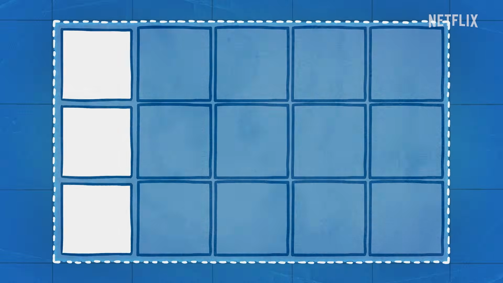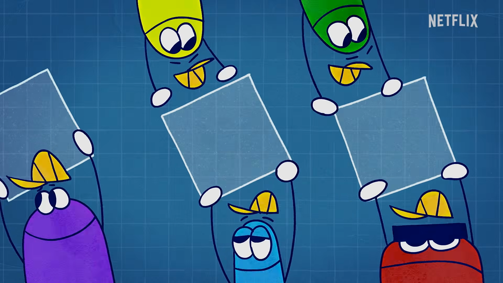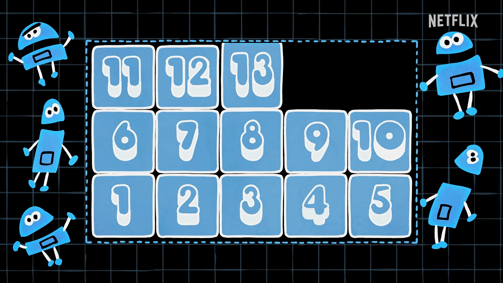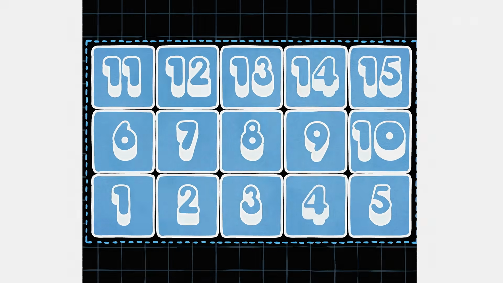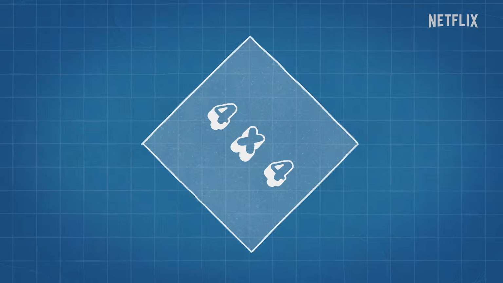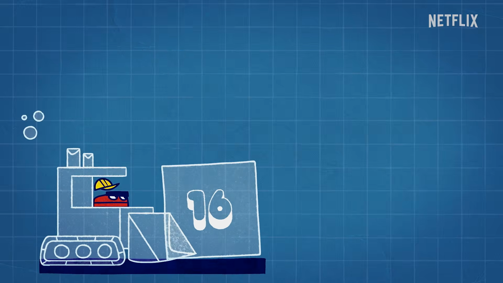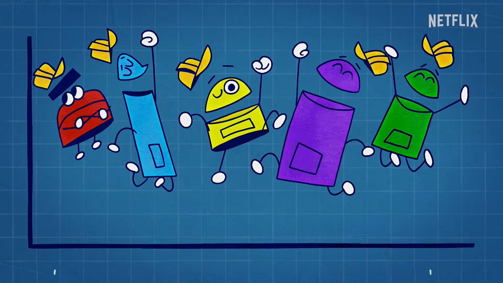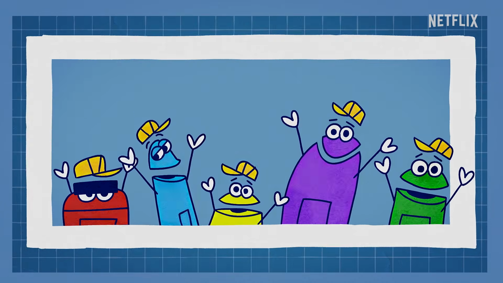5 times 3, that comes to 15. Just count the squares and you see what I mean. Count 1, 2, 3, up to 15. It's measuring time, the area. You take length times width, that'll prepare you to find a square or rectangle's area. And that's measuring time, the area, yeah.